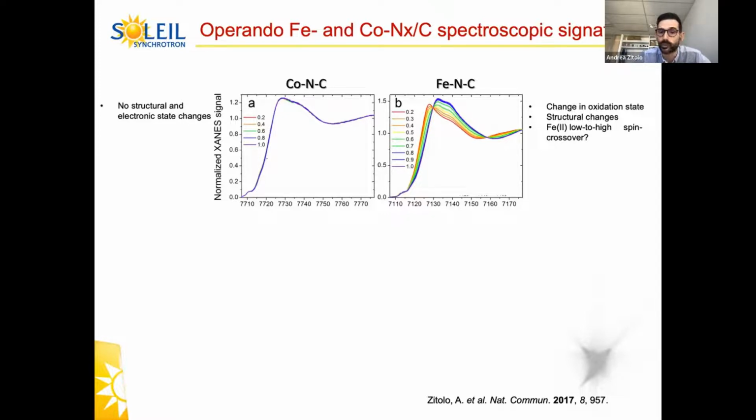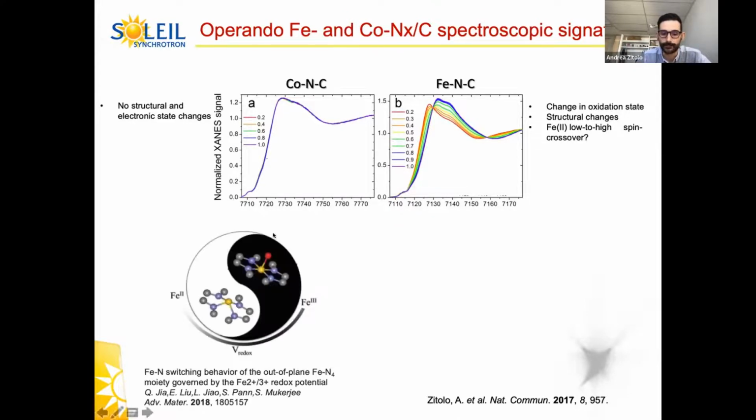by applying the potential, while for iron we can observe a nice change that can be attributed, of course, to a change in the oxidation state and in the local structure. In this representation, this is a nice study performed by the group of Qinjin Jia and Sanjeev Mukherjee. You can see how these changes are interpreted as a switch between iron 3 to iron 2, while the oxygen axial ligands is lost and an out-of-plane moiety